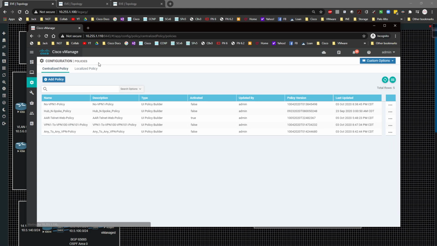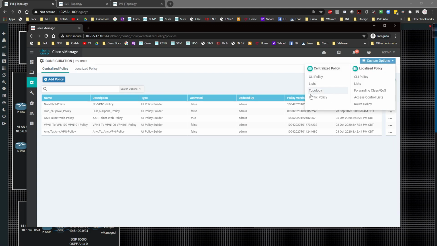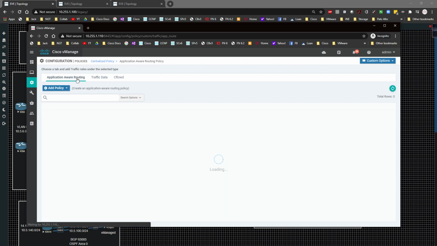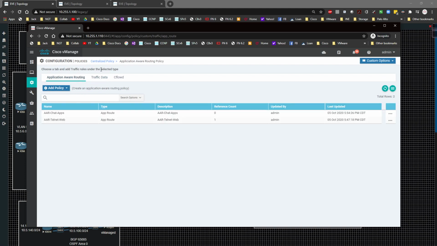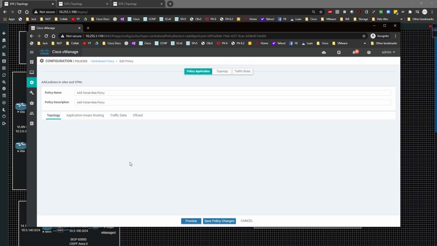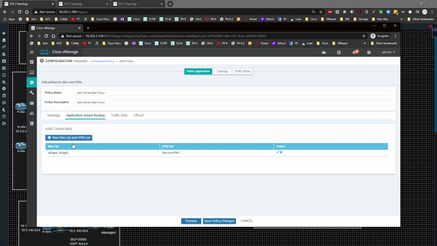So I have to go back underneath my traffic policy and underneath traffic data, application aware routing, I have to add that policy. Because even though if I was to come underneath here and say edit, right? Even though I've created it, I haven't actually added it here. So I need to click in here